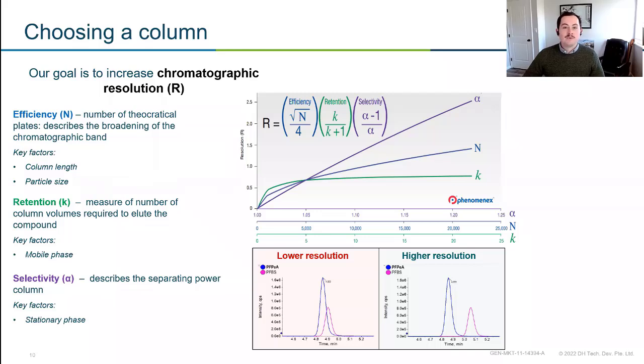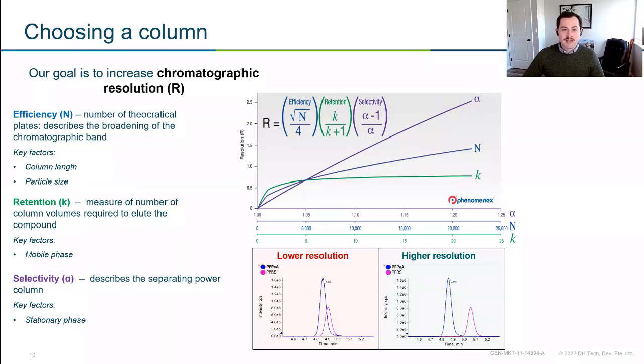And that's a good thing. We'll have more resolution, right? As the column length increases, our resolution increases, but it comes at a cost, and that cost usually is time. So if you have a 20-minute method and using a longer column means you only have to add 1 or 2 minutes to your method, that might not be a big deal. But if you have a really short method, maybe 3 minutes, 4 minutes, adding a couple minutes is a big difference. It could double the length of your method. So that's something you kind of have to consider.